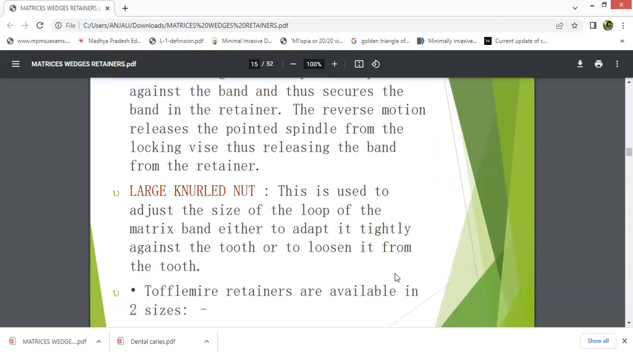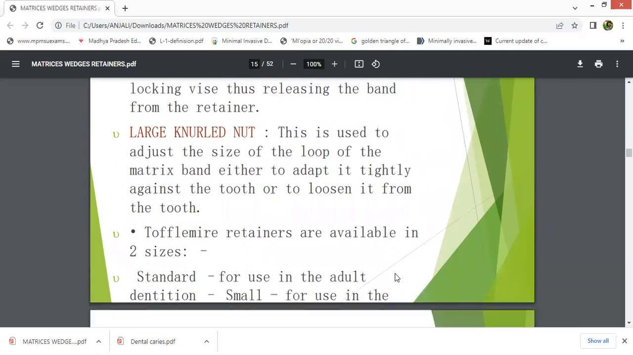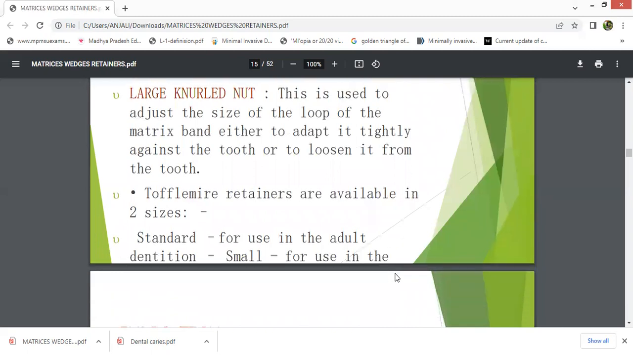The large nut is used to adjust the size of the loop of the matrix band, either to adapt it tightly against the tooth or to loosen it from the tooth. So Tofflemire retainers are available in two sizes: standard for use in adult dentition and small for use in